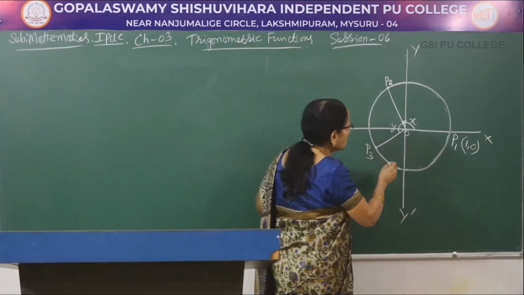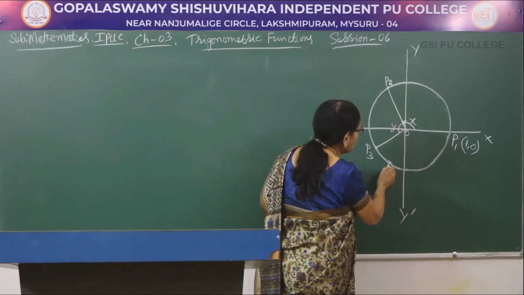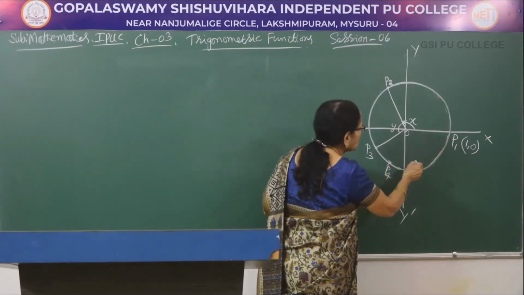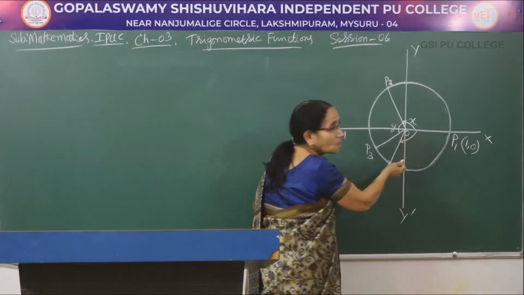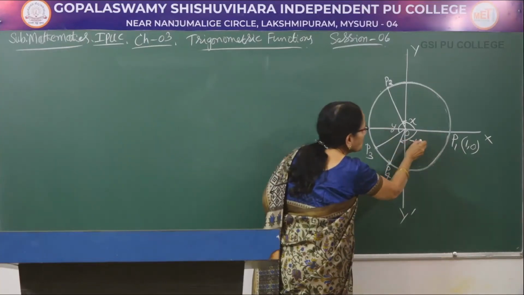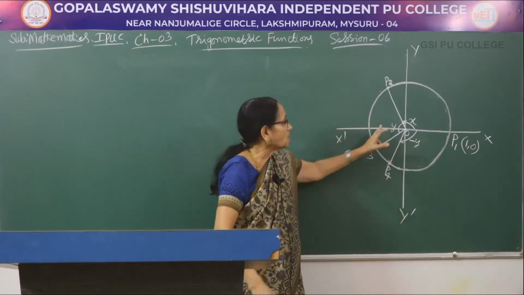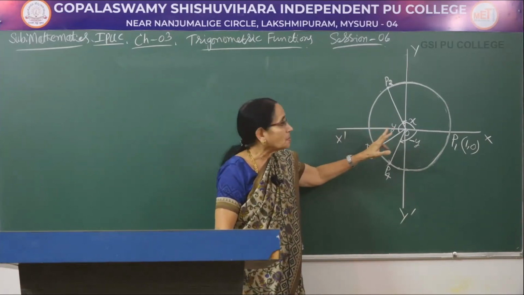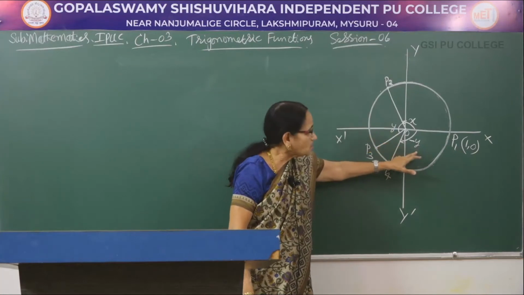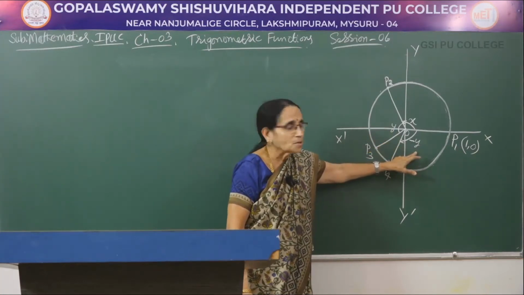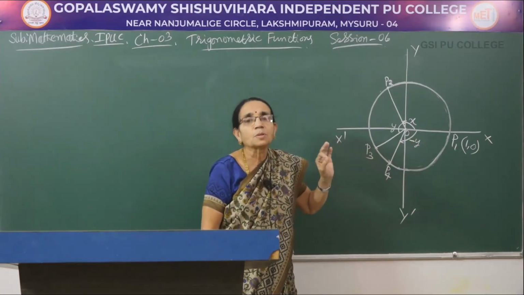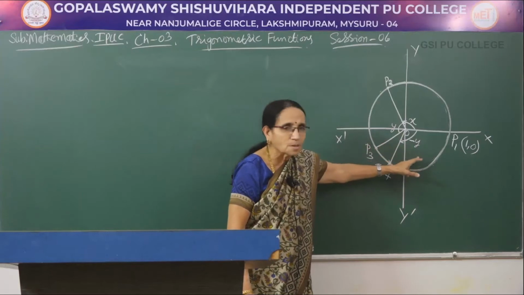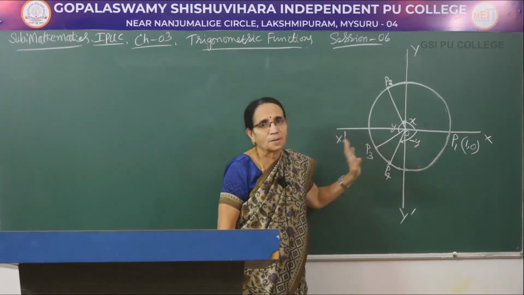Now, I am taking another point here, P4, such that this angle I am measuring in the clockwise direction is equal to minus y. Here I have taken y, understand each thing carefully. This angle is y, this is also y. Why I am writing minus is that I am measuring the angle in the clockwise direction. Numerically both of them are the same, that is 100 degrees, this is also 100, but it is minus 100 degrees.